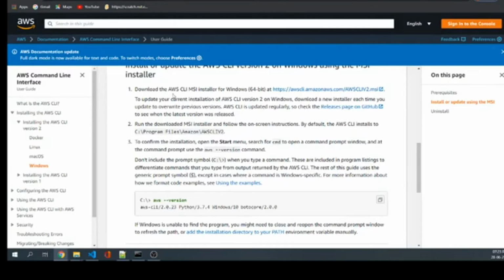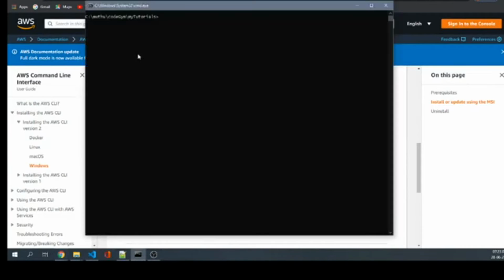It is mentioned in this particular article how to install AWS CLI in your PC, and you go to the command line and create a directory. Let us create a directory. First SLS. So I get into the directory,